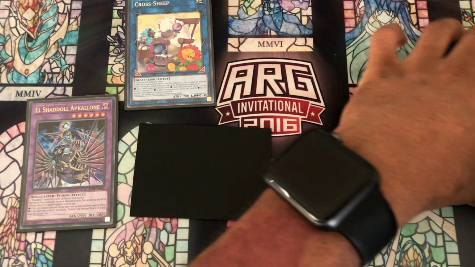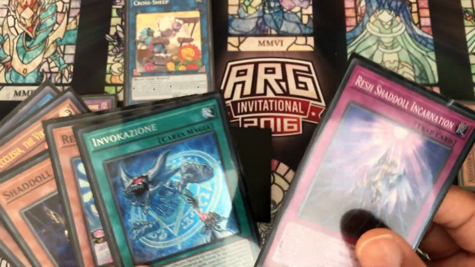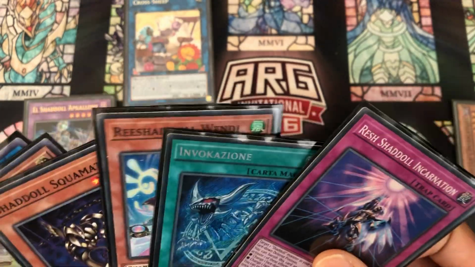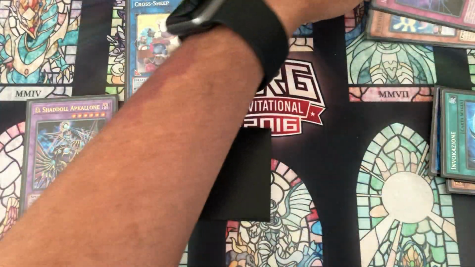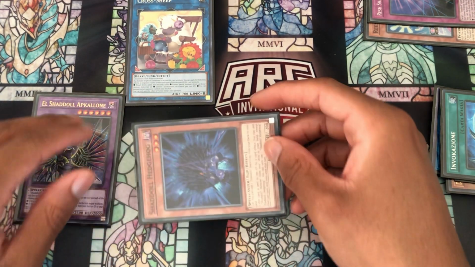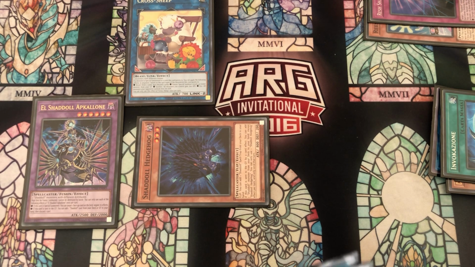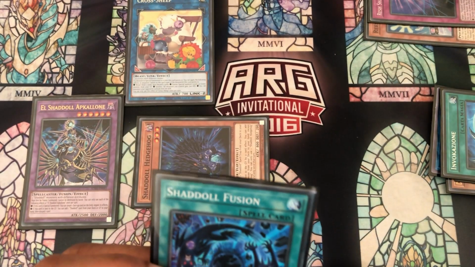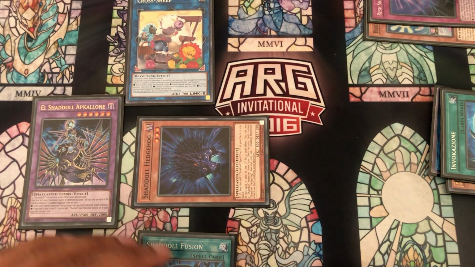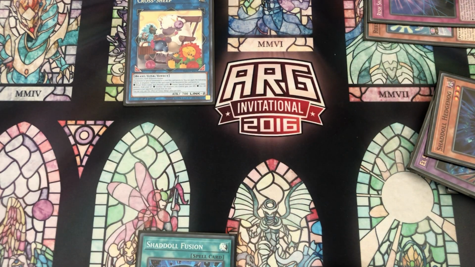So now we can activate the Incarnation in our graveyard. We can banish this and any of our Shaddoll monsters, let's say the Windy. So banish Incarnation, Windy. Use this to flip the Hedgehog. Activate Hedgehog's effect to search for a copy of Shaddoll Fusion. And then now we can activate the Shaddoll Fusion to fuse the Apple Cologne and the Hedgehog. Fuse those into a copy of